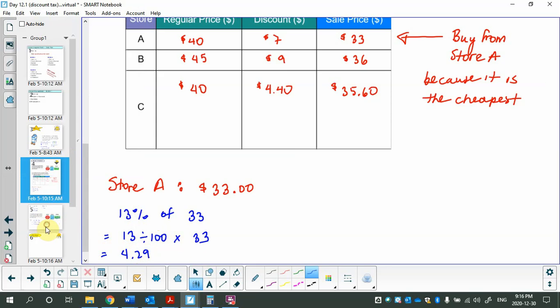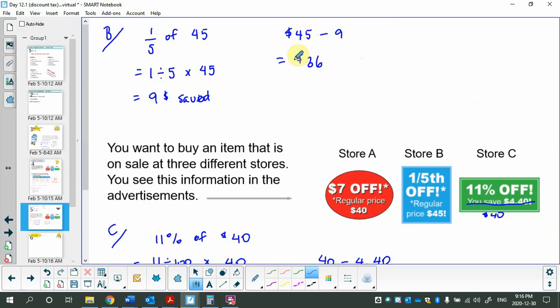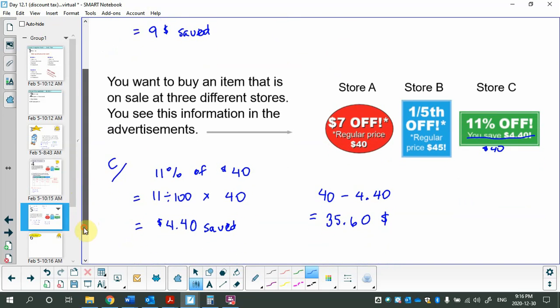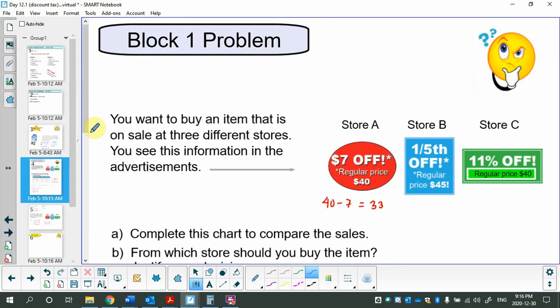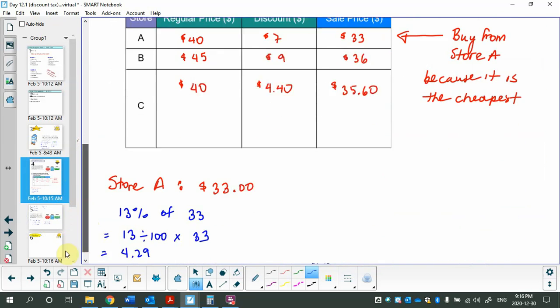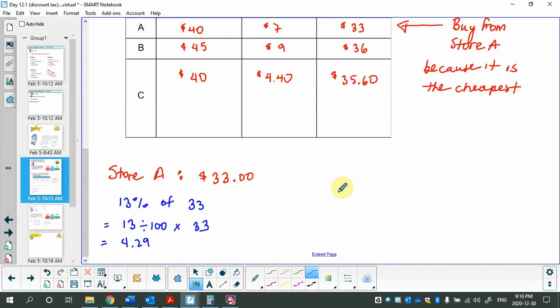So unlike discount, where you save some money, so you subtract, with tax, you're actually paying extra. So we have to take the $33 and add on $4.29. So our price with tax will be $37.29